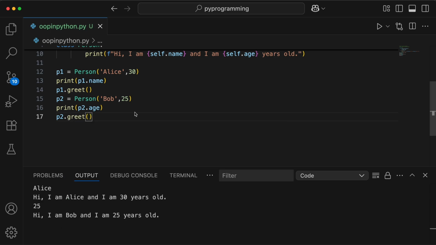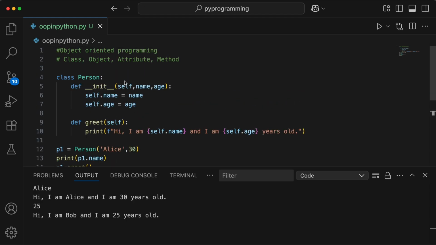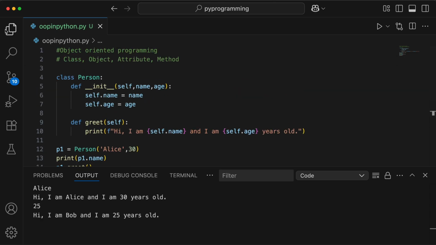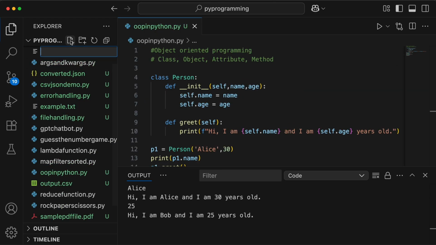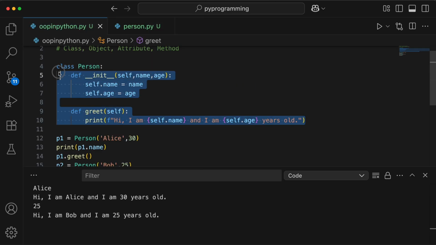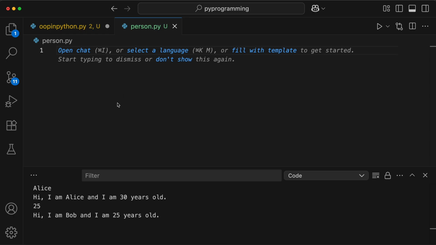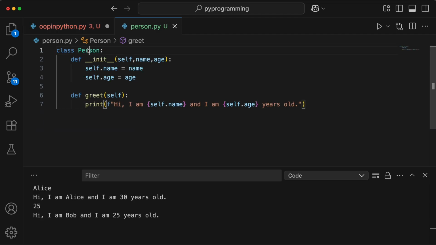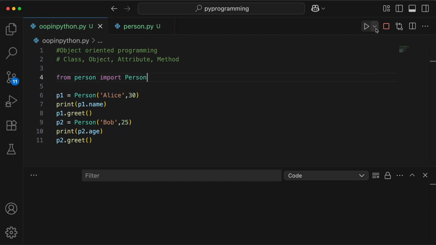And now we can go ahead and organize our code better, or you can say we can modularize it. We can do that by moving the class structure to a different file, and we'll only keep the object creation over here. So I'll go ahead and create another file under my project with a small p: person.py, and we'll copy the structure from here and paste it. Let's save this. Now we can import and use it. We would have to write from and then the file name, which is person, import Person. And that's it. Even now, if I run, it's going to work the same.